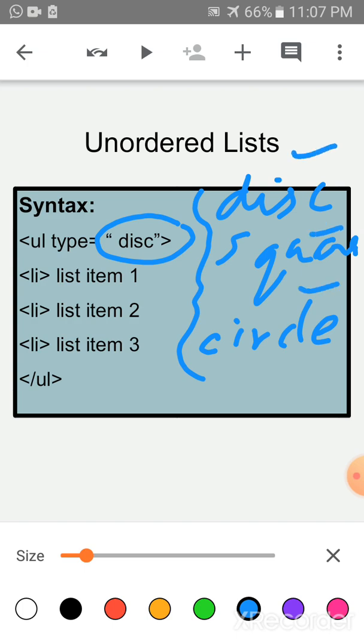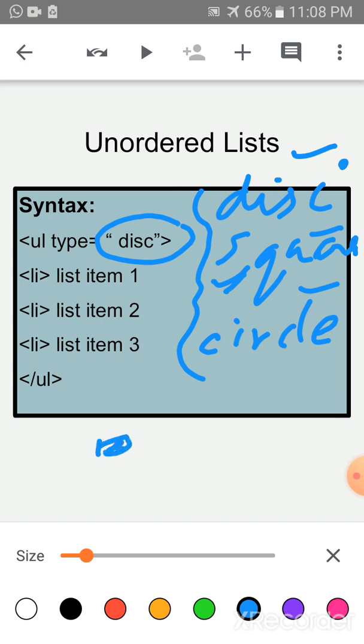If you are writing type is equal to disk, then it will produce a solid round bullet, like this. If you are writing the attribute type square, then it will produce a square bullet like this.